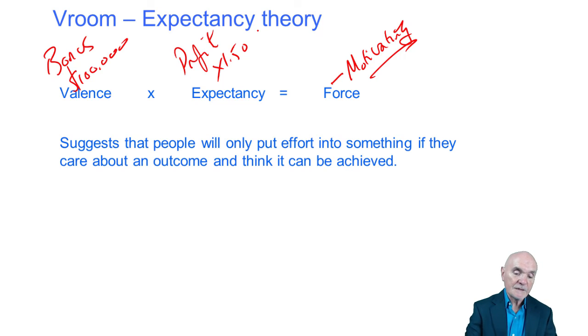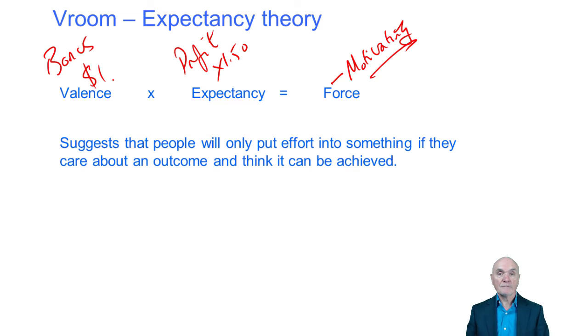The other kind of place where it's not going to be very motivating is, instead of giving you this generous bonus of 100,000, they say we'll give you a bonus of $1. Even if the profit only has to increase by 5% or something, a relatively modest increase in profit, the bonus is so trivial, it's going to have no effect on you whatsoever. So to be motivating, you have to have reasonable expectations and you have to want it.